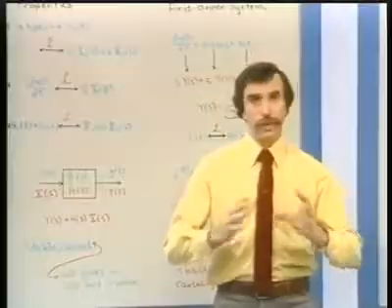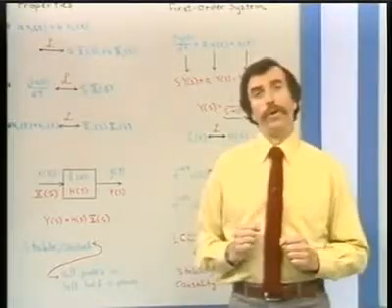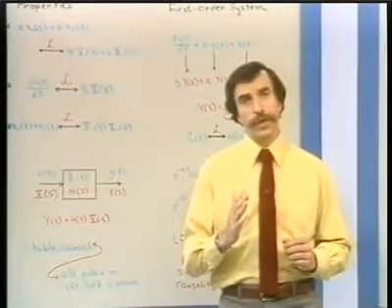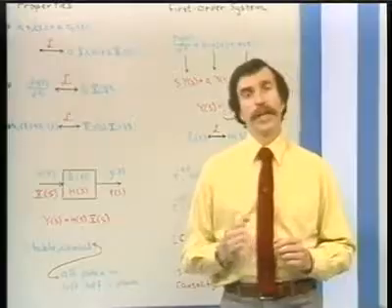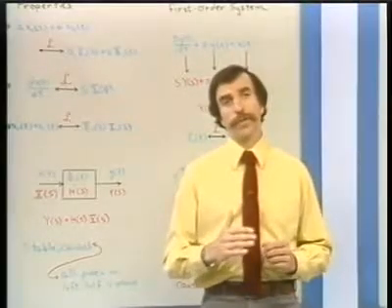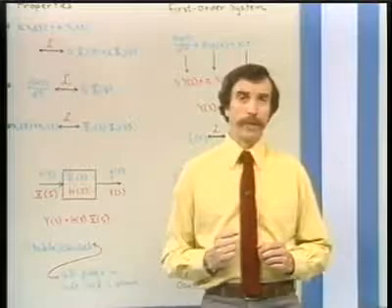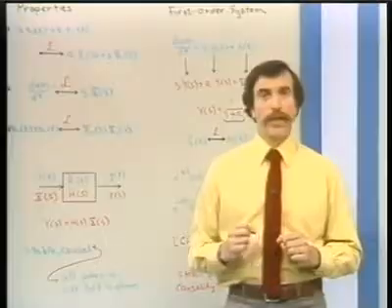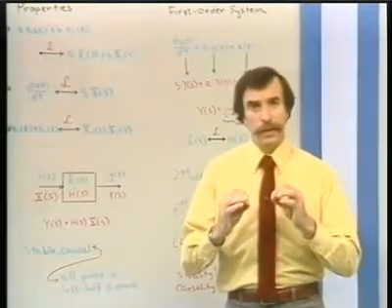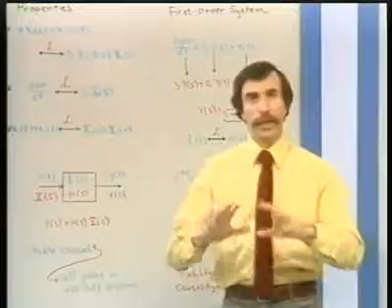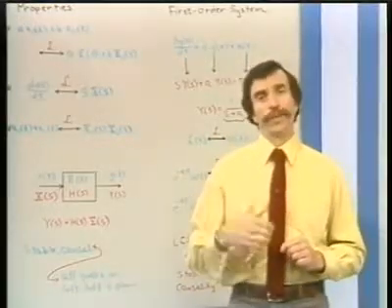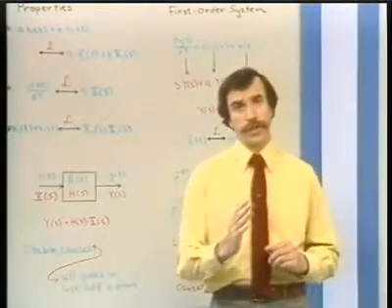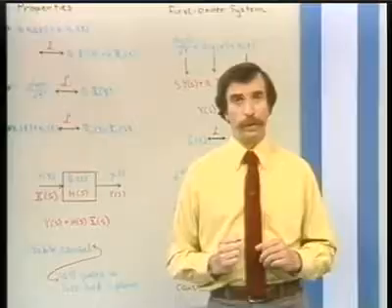So that relates the region of convergence and stability. Also, you recall from last time that we talked about the region of convergence associated with right-sided time functions. In particular, for a right-sided time function, the region of convergence must be to the right of the rightmost pole. Well, if we have a system that's causal, then that causality imposes the condition that the impulse response be right-sided. And so for causality, we would have a region of convergence associated with the system function, which is to the right of the rightmost pole.